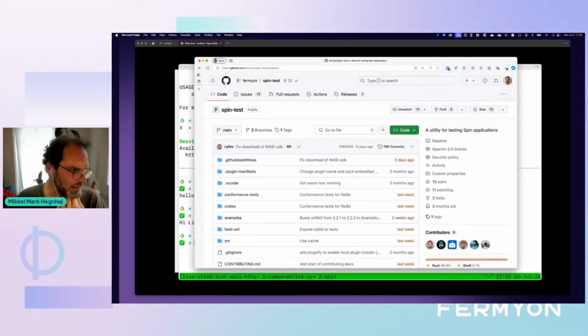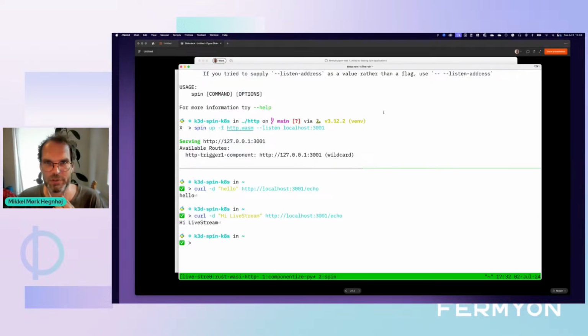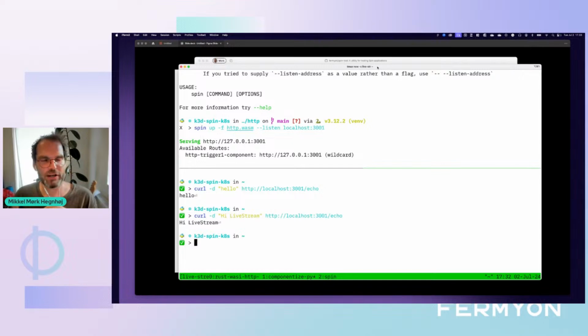So okay, so that was a bunch of building WASI HTTP components and showing that we can actually do that with Spin. Now, I think I wanted to. So it's interesting, because why would we, I think the core thing I hope that you guys take away from this is that